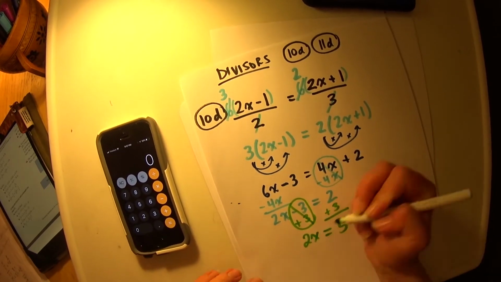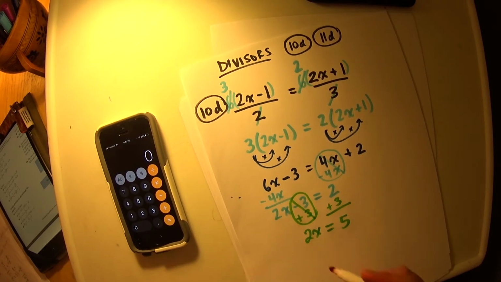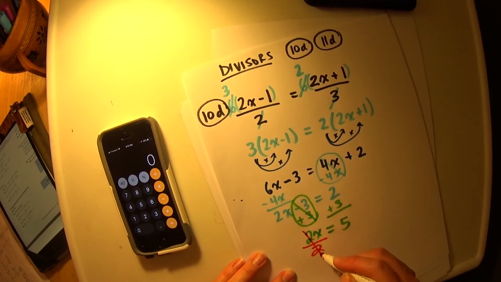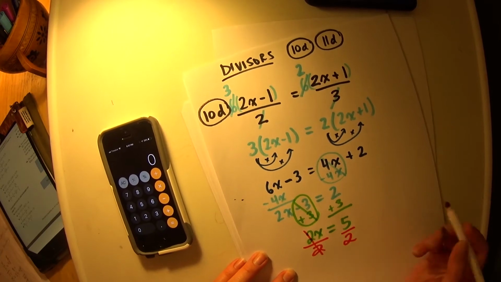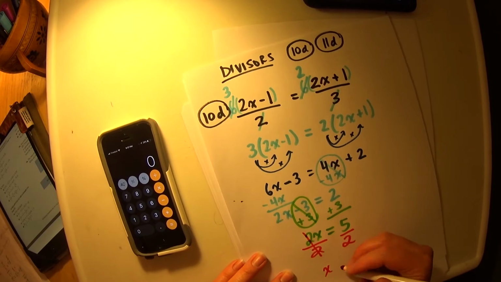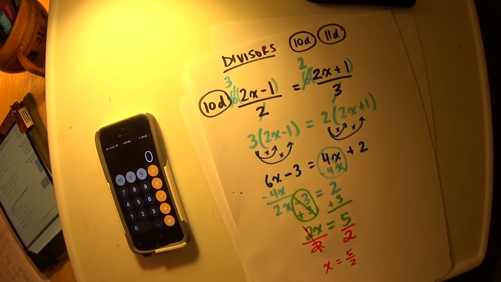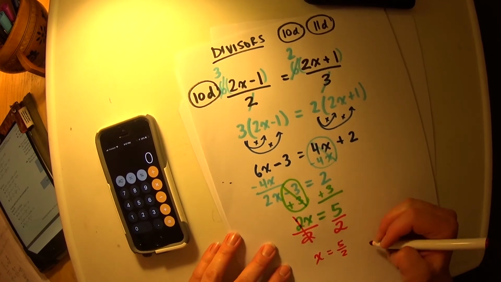On the left side I'm left with 2x. The opposite of multiplying x by 2 is to divide by 2, but I have to do the same thing to both sides. I think in the textbook they even stop here and they just say x is equal to 5 over 2. Best practice though, you shouldn't leave your fraction improper. So instead,